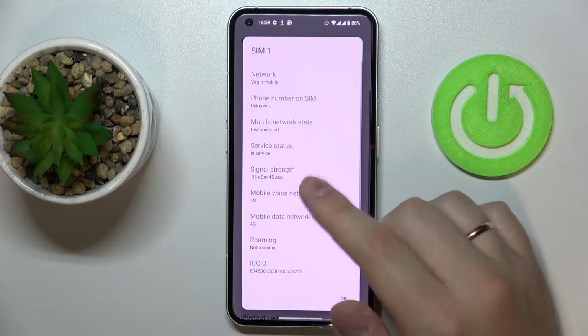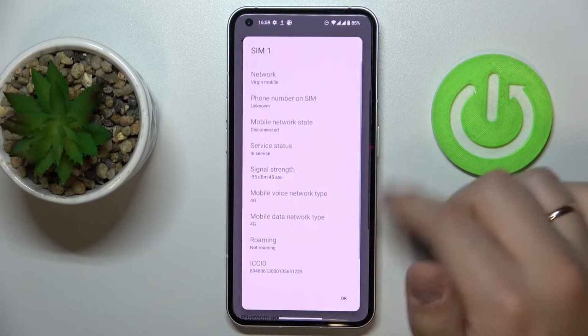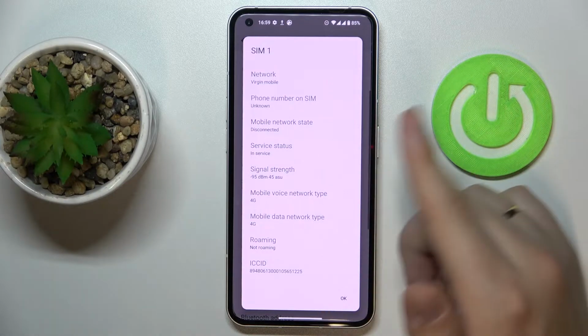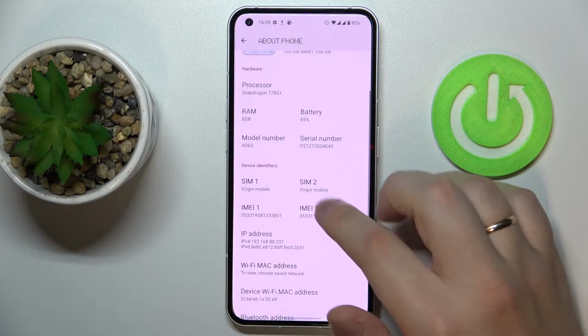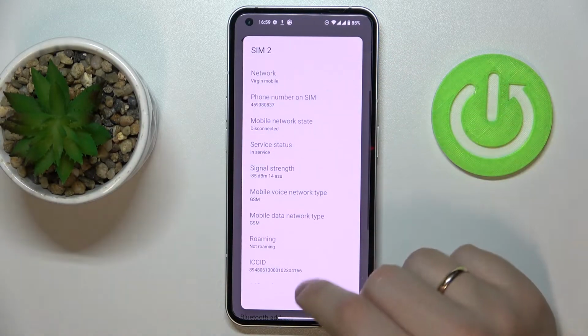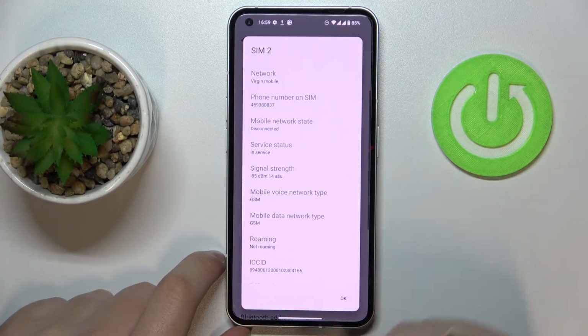And once tapping on it, it will either not contain the phone number because it's not saved into the SIM card memory as it is for the SIM card number 1, or contain right here phone number and SIM, as you can see, as it is true for the SIM card number 2,